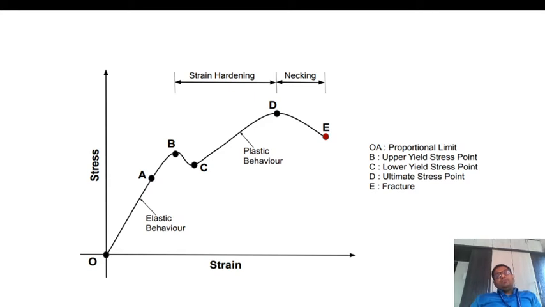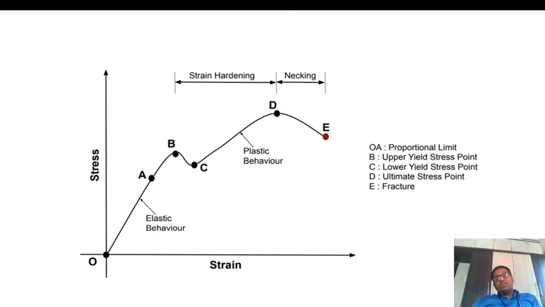After point D, if the rod is circular, then the necking phenomenon starts. What is necking? In the actual test also, after applying the maximum value of tensile load, somewhere near the center of a circular rod, the diameter gets decreased as compared to the extreme diameter. That is called necking. Necking is when the diameter at the center is very small compared to the extreme points.